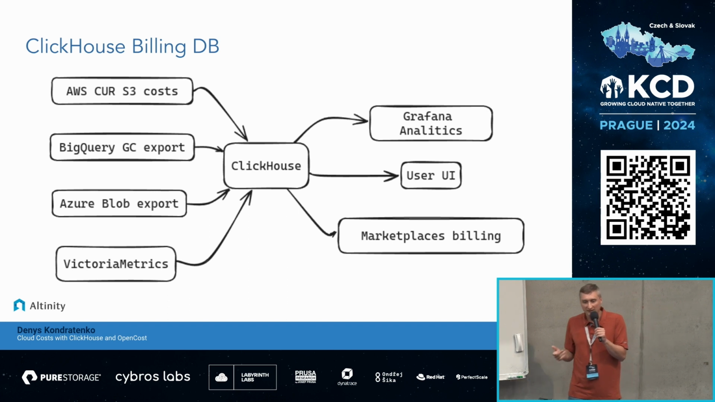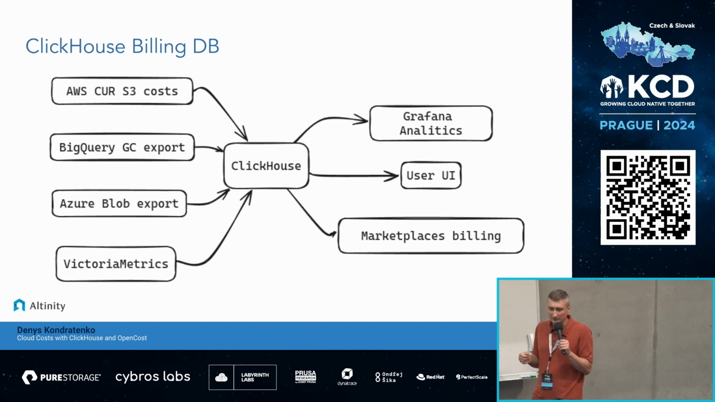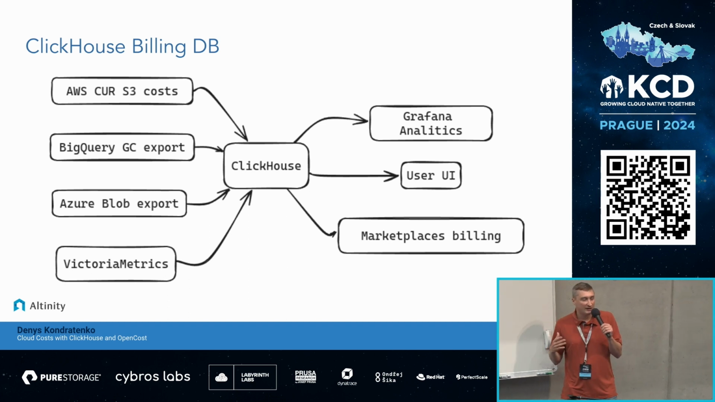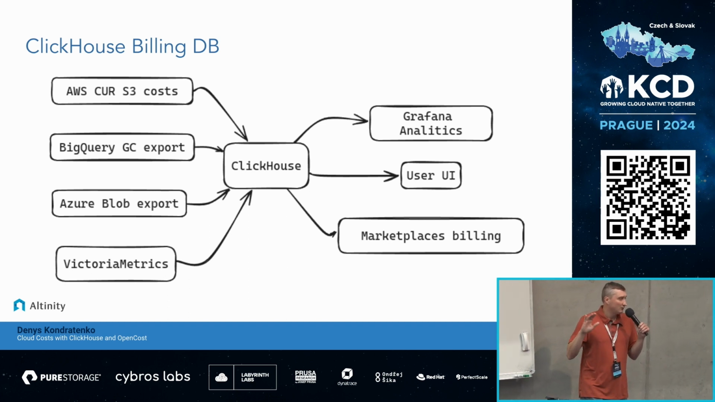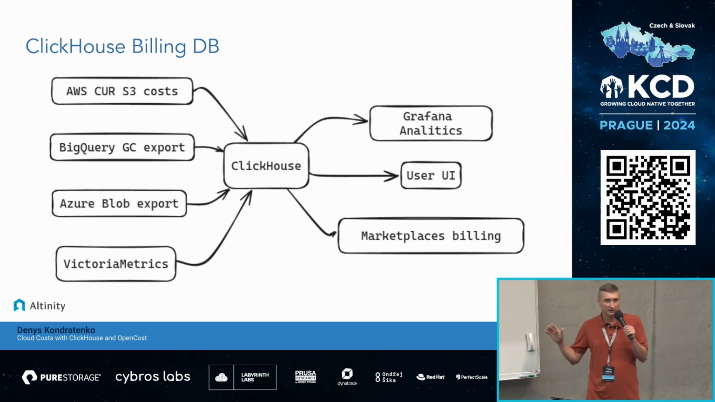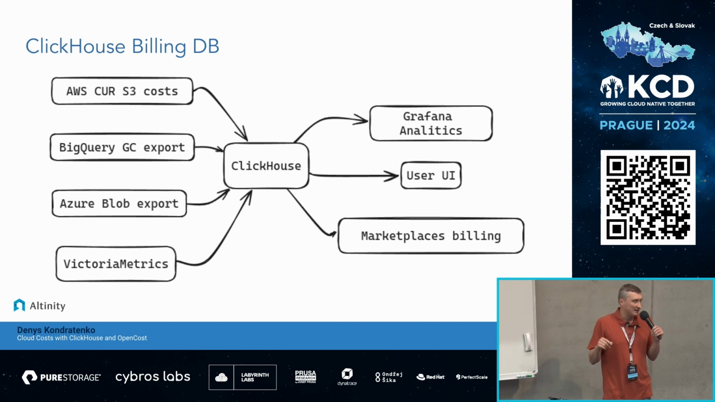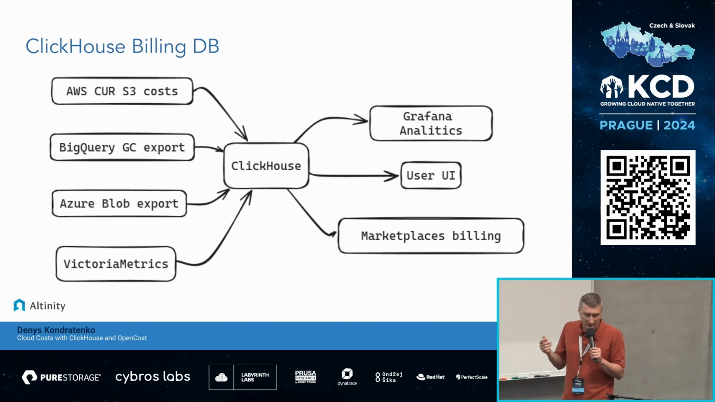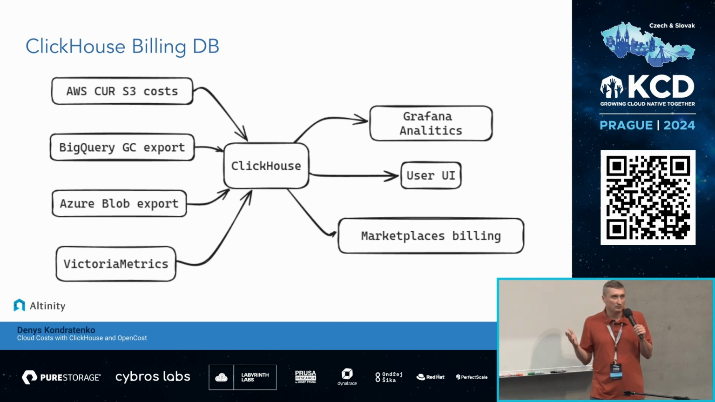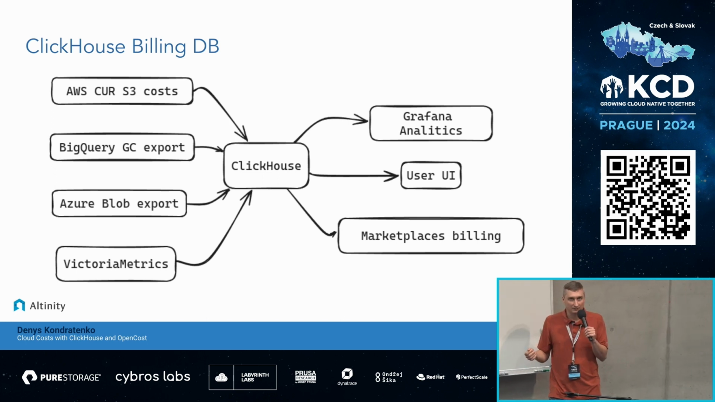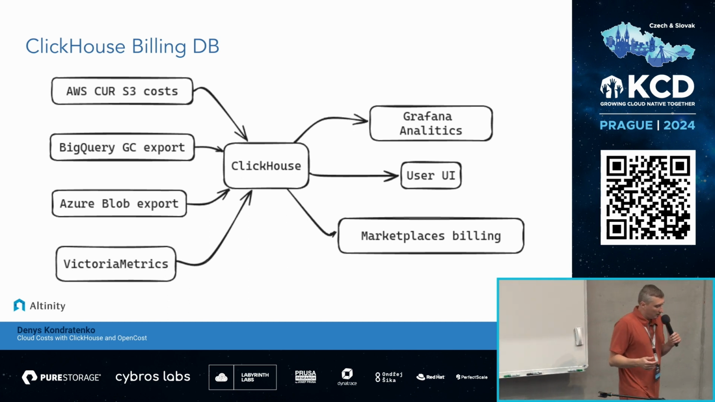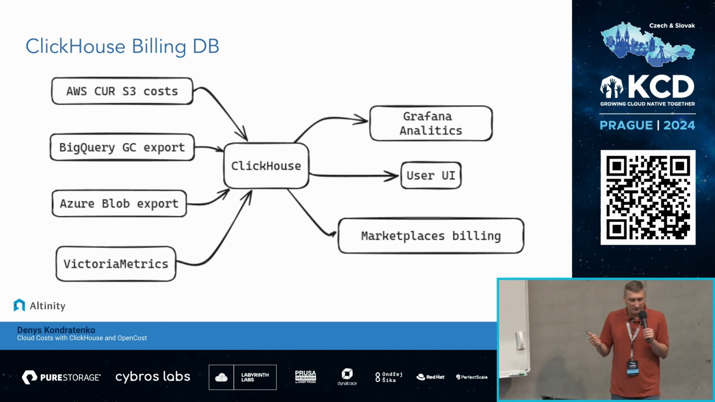like what is the cost for this customer, for that customer, what is the cost for our infrastructure, what's the margin over there, etc. We get all this from ClickHouse through Grafana, as well as we have a user UI which provides information to the customer, like what is your current bill, what are your projections, what is your real-time spend. And it also solved our